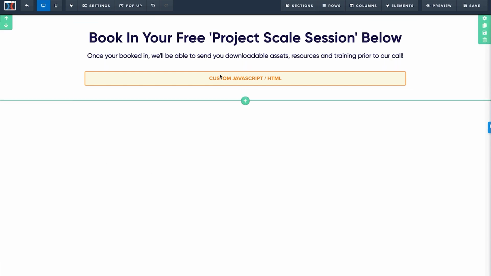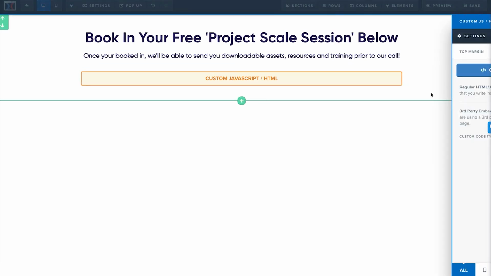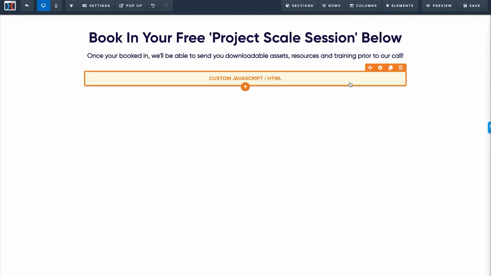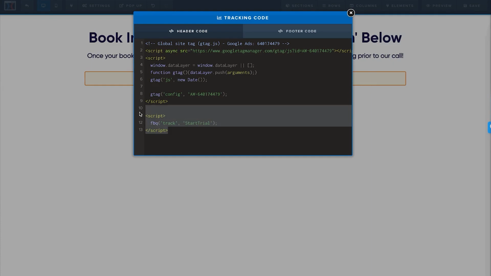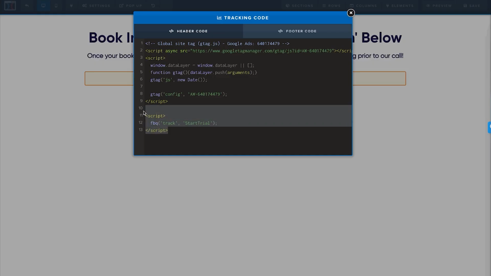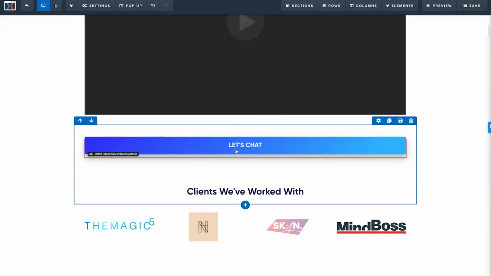Now, inside of ClickFunnels, that is this page, and it's just a very simple custom HTML that I've embedded onto here, which is my calendar, my Calendly link, right? And again, if you're inside Centurion, all of this is plug and play inside the program, so don't worry. Now, in the settings section of this specific page, in the tracking code, what I've got in here is start trial. So when somebody lands on this booking page, the start trial event inside of Facebook is going to fire, right? That then shows you the conversion rate of this page to the click. Okay, I hope that makes sense.